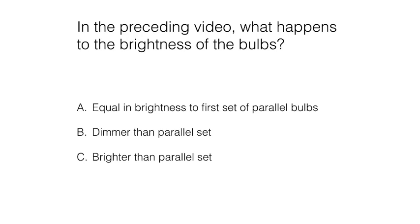All right, do you have it? That means it's brighter. No change. Dimmer. Why? Resistance going up. Okay. And before, the resistance was going down, wasn't it? But also, in parallel, the brightness stayed the same. That means that each one of the...